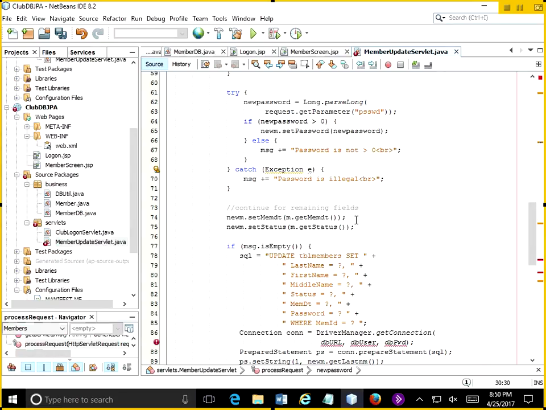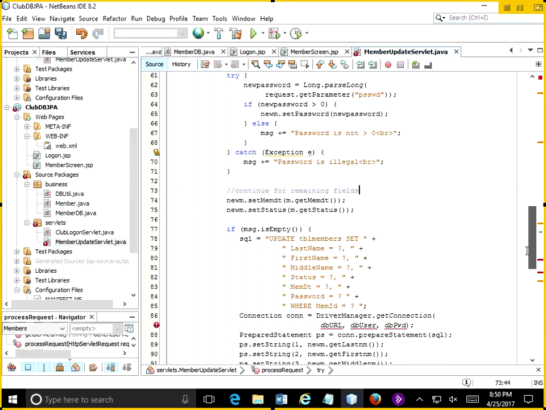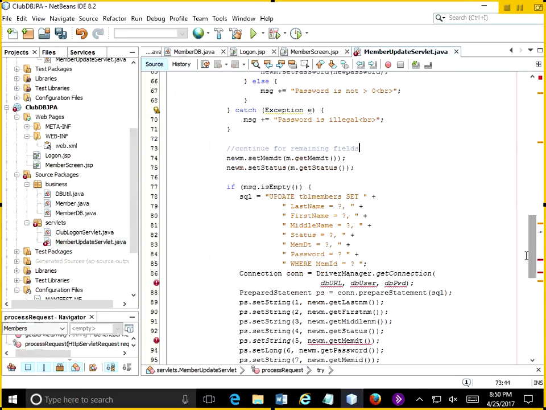No, not yet, I don't think. We'll play with dates in a little while. So we'll just leave it at this. I have continued for remaining fields, but these I'm not going to worry about on this project since they're not really changeable. Okay, so we're going to come down to our previous code that was, here we go, let's try,